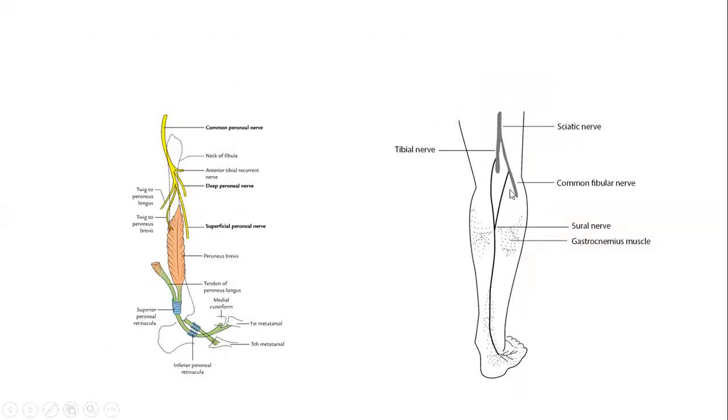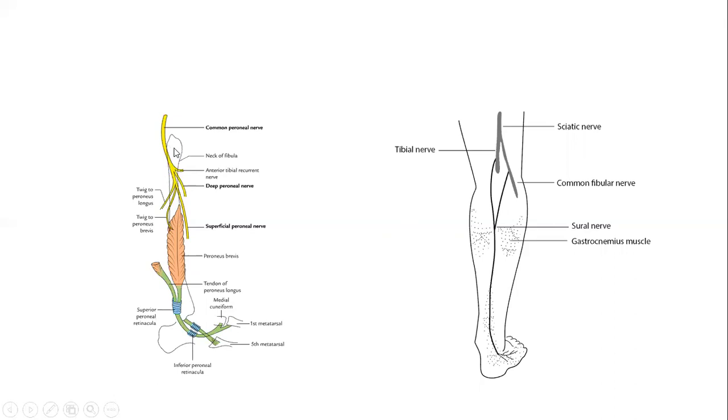So this is another diagram showing the sural communicating branch given off by the common fibular nerve, which later joins with the sural nerve, which is itself a branch of tibial nerve. This bone in this diagram on the left side of the slide is the fibula. And you can see that common fibular nerve is winding around the neck of the fibula. And here is the peroneus longus muscle.